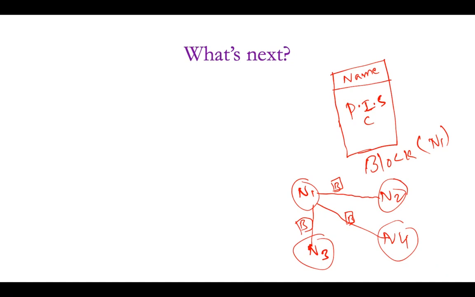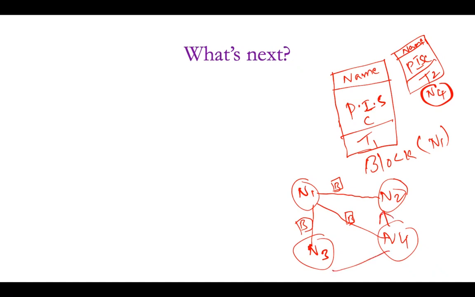Suppose every node maintains it with the timestamp at t1. After another time, at t2, another block is given and maintains the information of the same petroleum supply chain by your node 4. Suppose this block is created by node 4, then node 4 will send that copy to every node in the network, so that the second block will be created and sent to every node in the network.